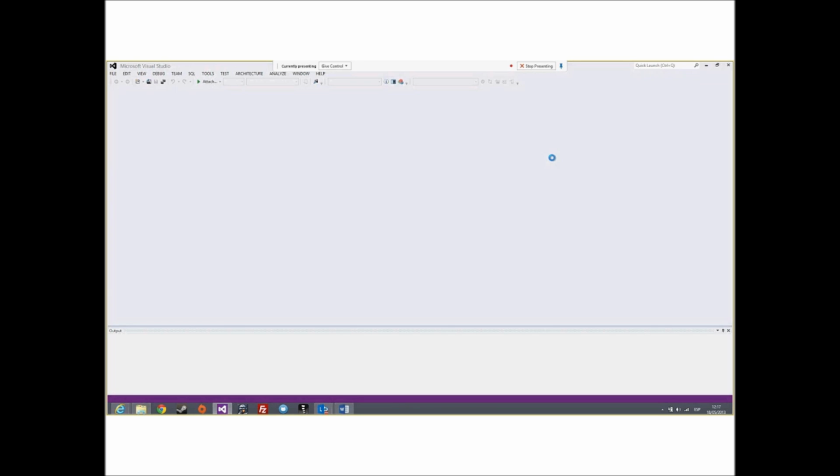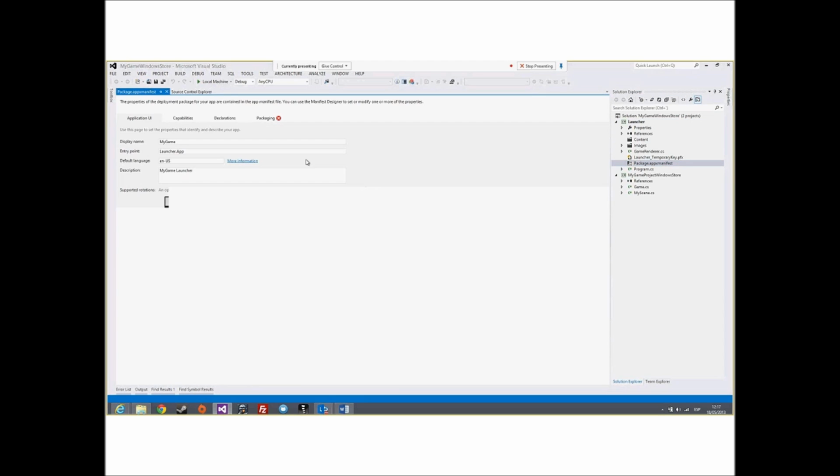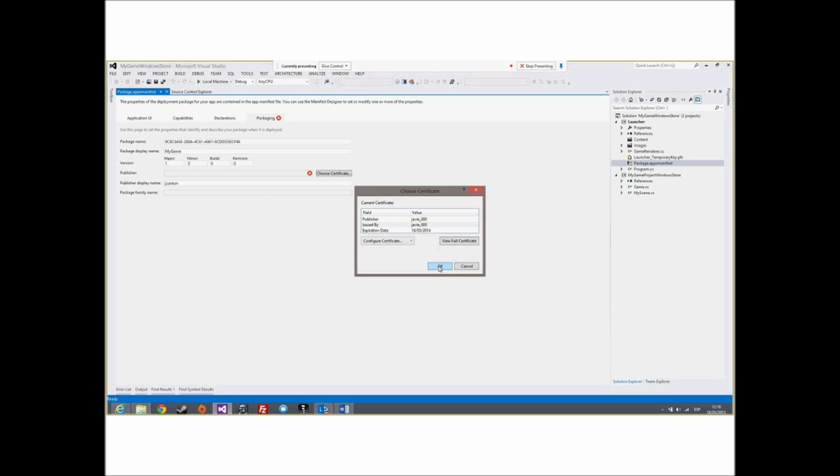Here you can see two projects. The first one is the launcher for this platform, and the other one is the project that we worked on before. We only need to go to the manifest and change the certificate. I'm going to use my developer certificate for these apps.